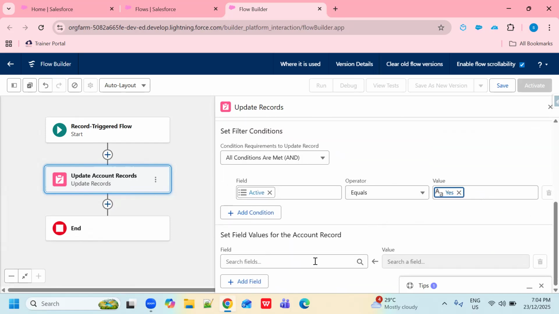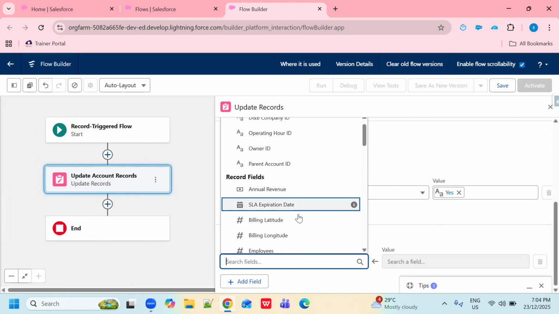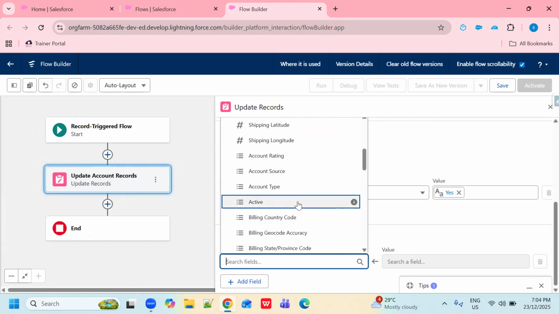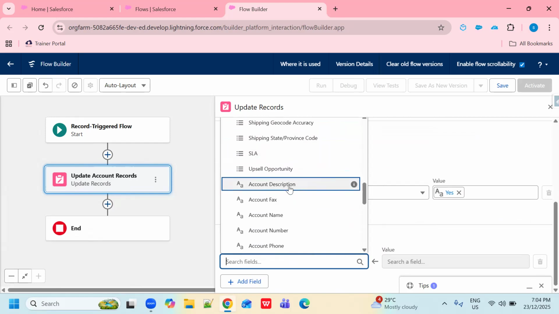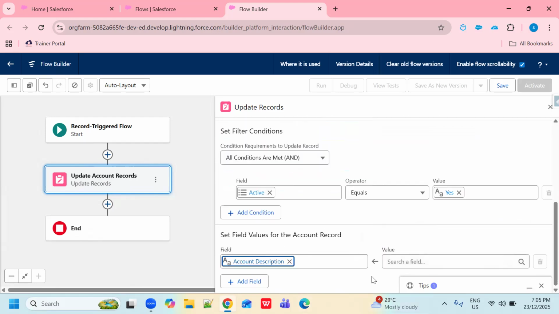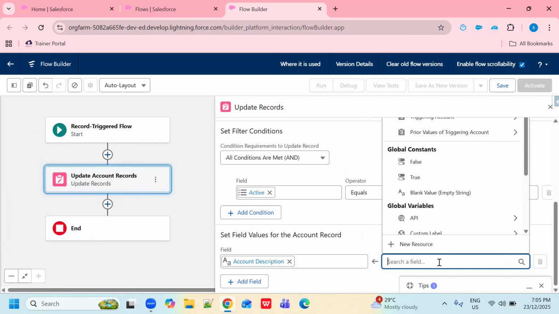Okay, now what field value do I need to set? So I'm going to update the account description field. So select your field here which you want to update. So I'm going to update this field. So by which value do you want to update this field?